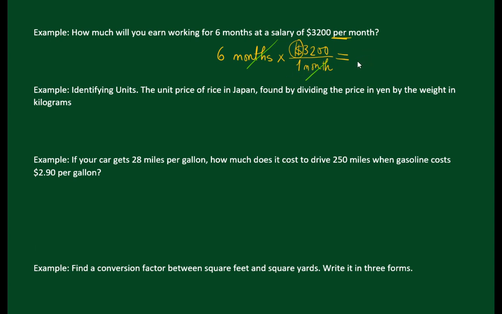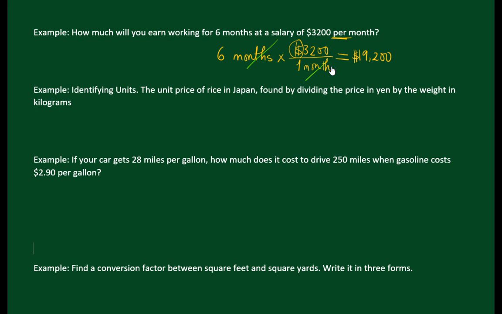So we will get the total amount in dollars, of course, 19,200. So you do the unit analysis as well to see which units cancel and what final unit you get at the end of this problem. It's a good method to keep in mind. It's just a way to check the final unit